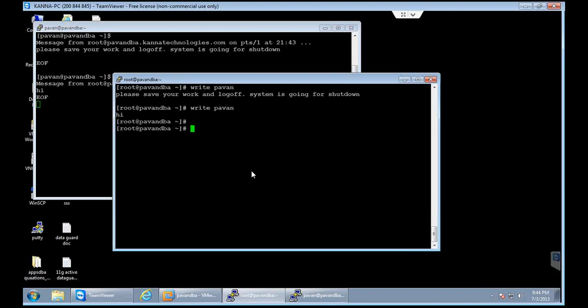We cannot write through an IP address, Pallavi, but we can write through something like this. Suppose there is a user called Kumar on another server, let's say 192.168.1.8. I can send a message to the user on another server with the help of the command I am showing on the screen. Directly you cannot say write then IP address, but you can say write username at the rate of IP address.